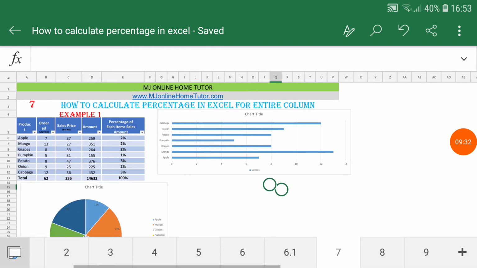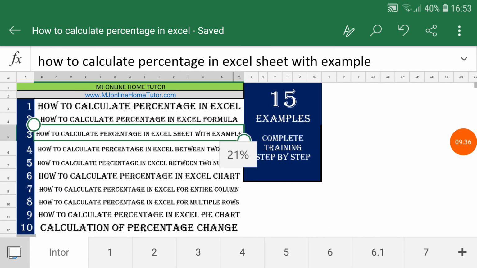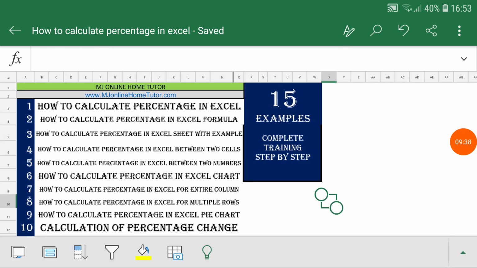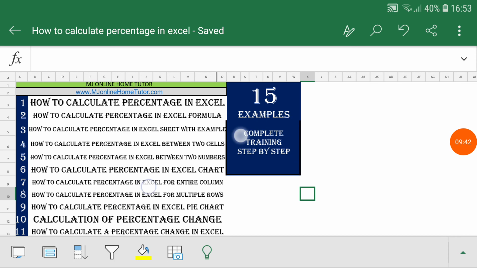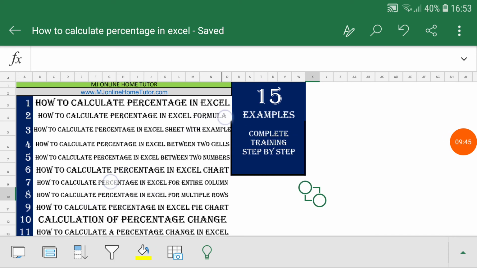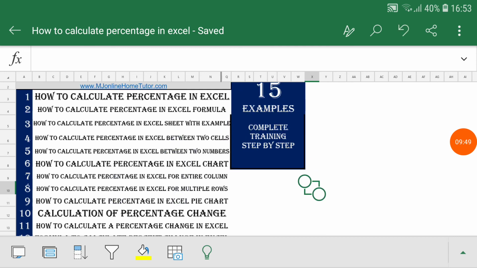I recommend you watch other videos as well. We have the percentage calculation for the desktop version as well, so you can learn from those examples too. Those are very easy to understand if you want to learn Excel for the desktop version, but I really recommend you watch and try Excel on the cell phone version.